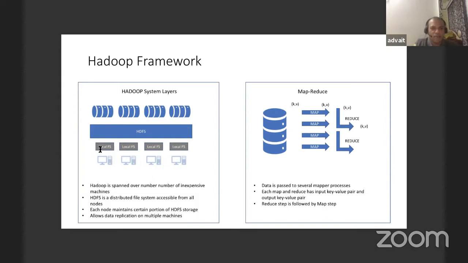Each of them has its own file system, which is the local file system. On top of it lies HDFS, which is the Hadoop file system. It's a distributed file system, and on top of the HDFS, you can store your data. If you see these blocks, these are files, or some data sets stored on top of HDFS. So Hadoop comes for mainly two purposes: one is computation and secondary is storage. Storage is in HDFS format, and computation is called the MapReduce computation.